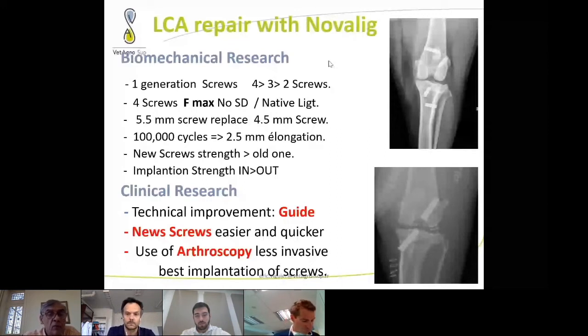And it's possible to use arthroscopy to be less invasive and to have a better implantation of the screw close to the ligament. So I lose the picture. I need the...